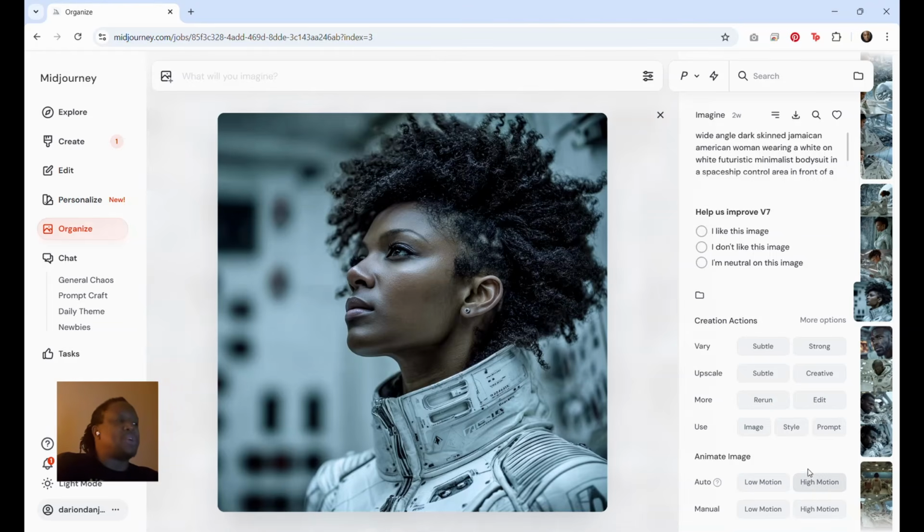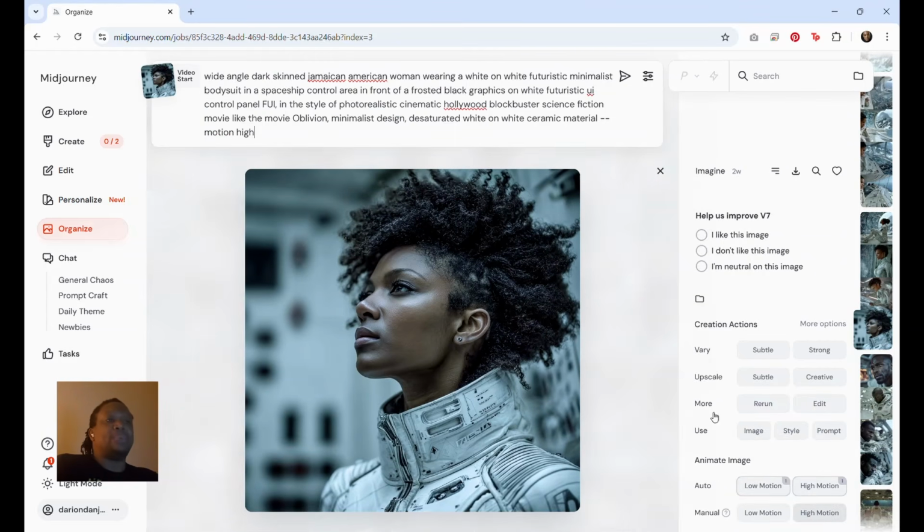Animate image, auto. So let's say I just take this image and do an auto for high motion on that. I'm gonna do one for low motion just to see what that looks like, and I'm going to do a manual one for high motion. So when I hit manual for high motion, as you can see, it loads in that image as the start image, and it gives me the prompt that it started with. From that prompt, I'm sure as I go along I'm gonna get more detailed about these prompts, but for right now I'm just gonna keep it exactly as it is and then just add the action. I'm gonna say that